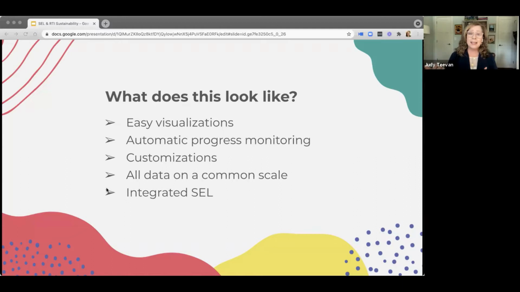Make sure that your SEL program gives you that regular data for student problem solving team meetings to give you a complete picture of the student, and also measure growth along the way. In other words, make sure that any steps you take with social and emotional learning also feed data into your MTSS framework.